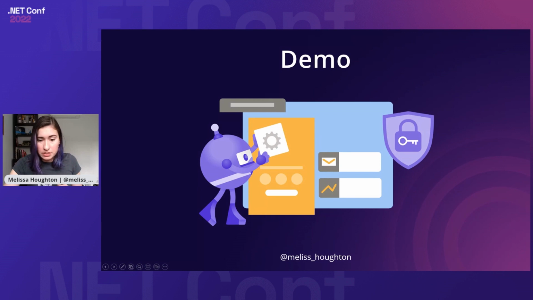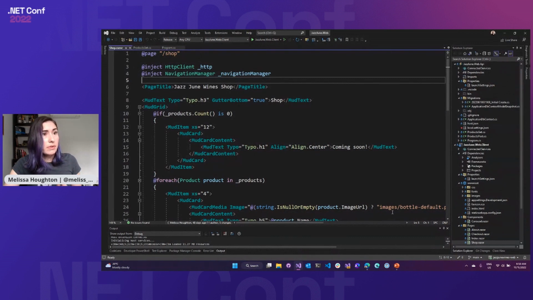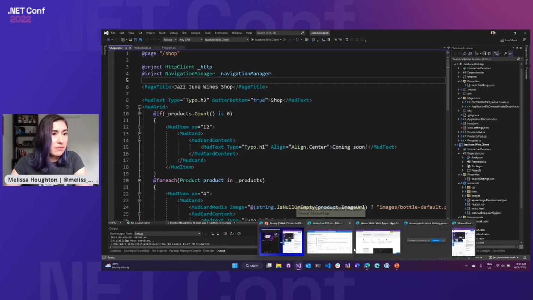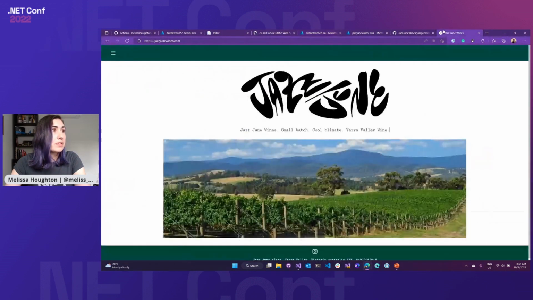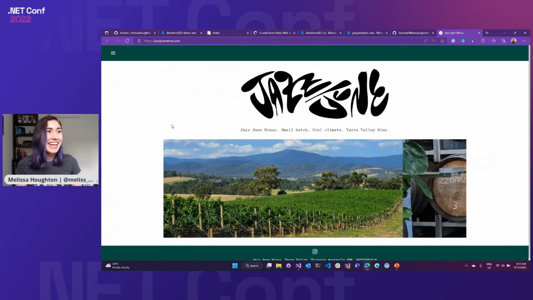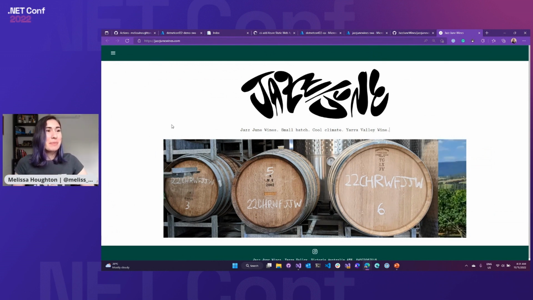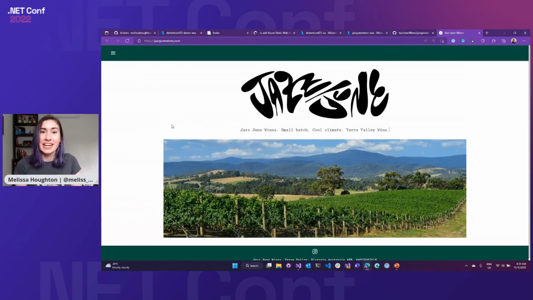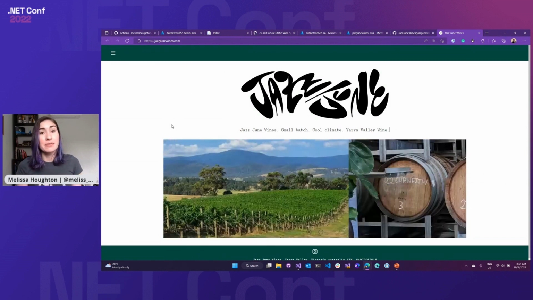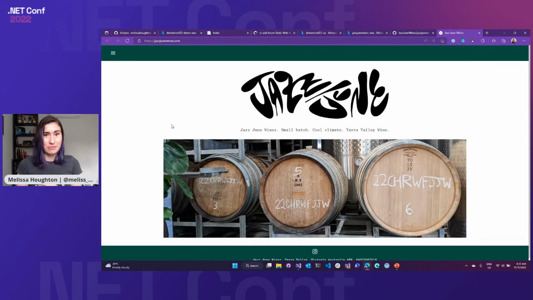So I'll take you first to the code that we're going to be looking at. This is a static web app that I've actually set up for a website, for a side project that I have. Actually, I'll show you the website first so that you know what you're looking at. The website is for a wine business that my husband and I are running. My husband is a trained winemaker, and winemaker is his day job, but we are making our own wine on the side. So I decided, why not make our website with full-stack .NET on Azure Static Web Apps?